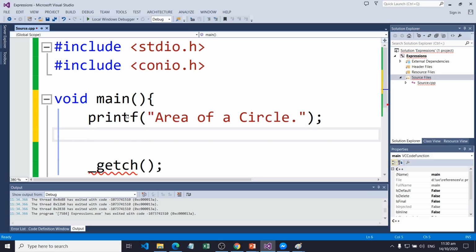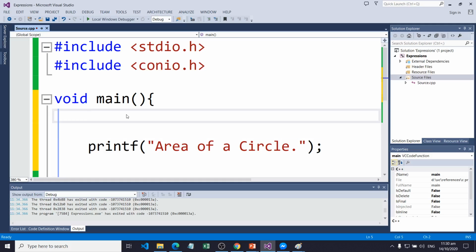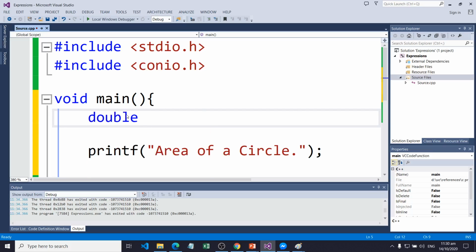So first, we will be using variables. For example, we'll be using the double data type for the radius and the area of circle.